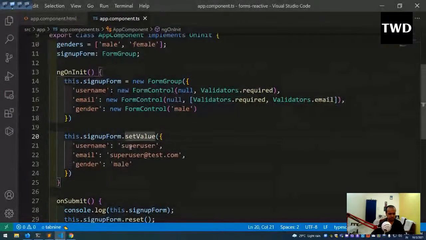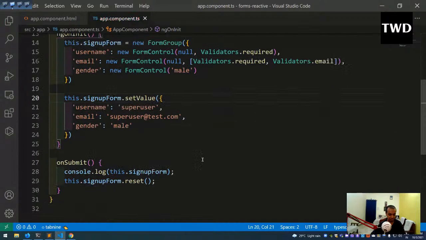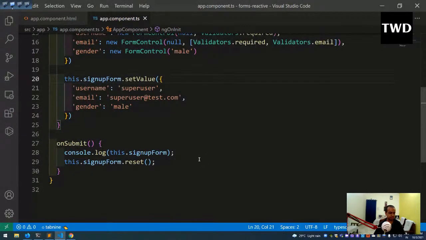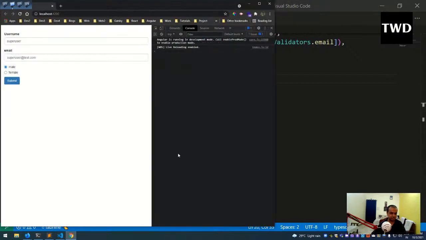In sign up form dot set values, is it right? No. This dot sign up value. Should not be like this. Should be patch value only. I think patch value. If I submit it,